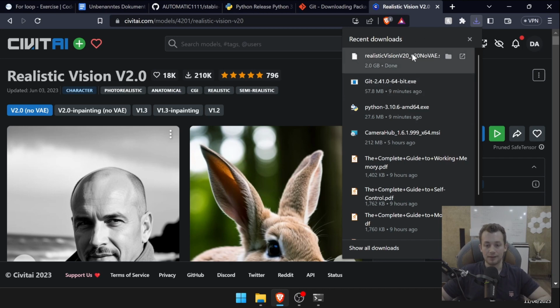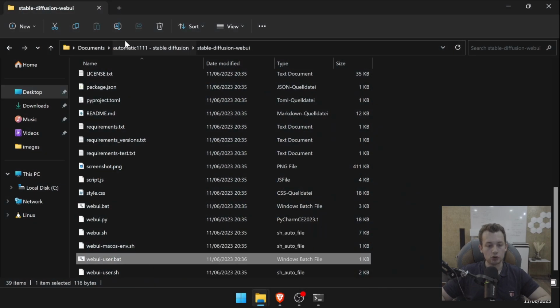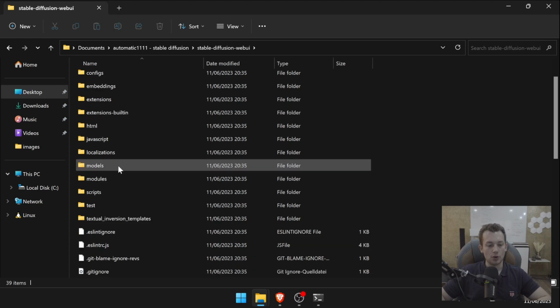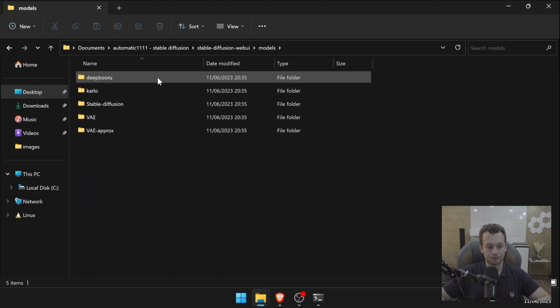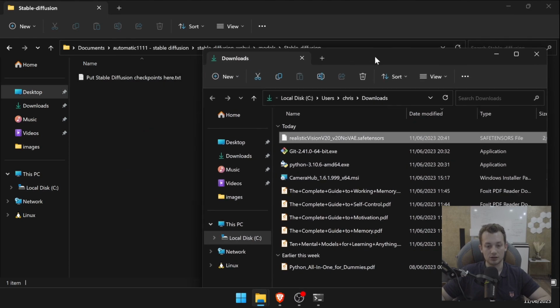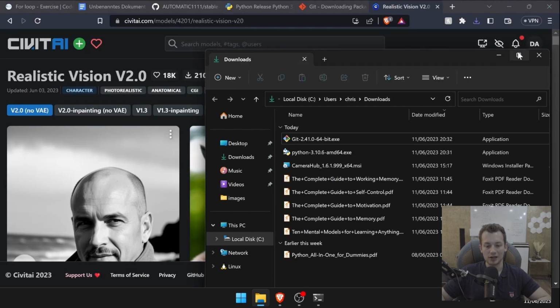So now I have the model downloaded here. I will open it, and yeah, you go to the Automatic11 Stable Diffusion file that you created. To the folder, and then you go into the folder models, and then you click onto Stable Diffusion, and in this folder you always put your models. You can put multiple models inside this, and then in the Stable Diffusion web UI you can choose which kind of model you want to use for creating the picture. So in this case we downloaded the Realistic Vision model. We are putting it here. Okay, and then we can literally start